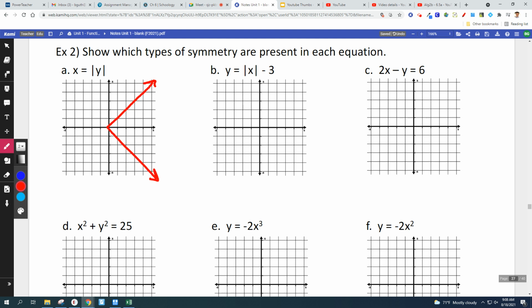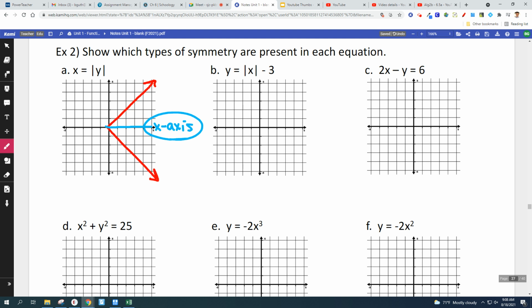And to check for symmetry, all you do is look at, well, like it would fold over the x-axis. So this one has x-axis symmetry. One side of it folds over the x and completely matches the other side of it. This has x-axis symmetry. I can see that pretty much immediately when I graph this. Which types of symmetry? X-axis, not y-axis though, not y-axis. All right, now